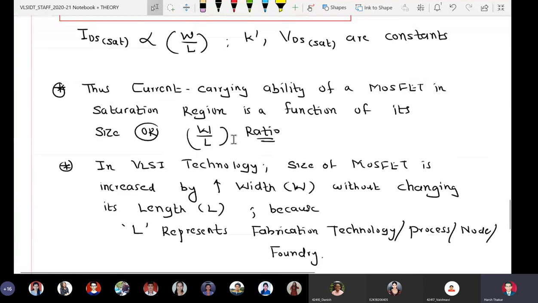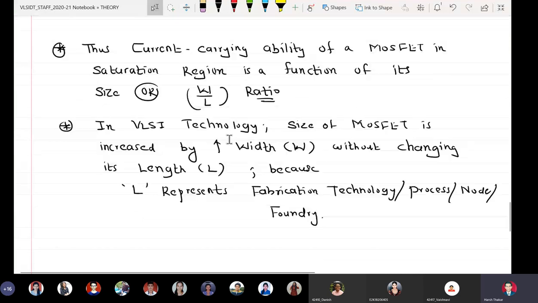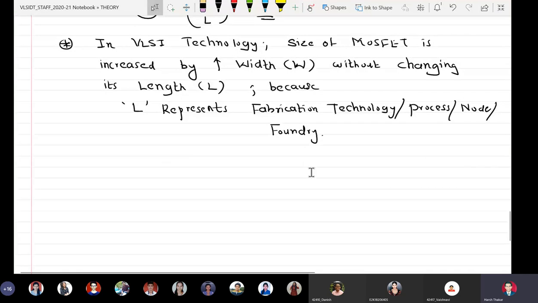Yes, so in VLSI technology the size of MOSFET is increased by increasing width without changing its length, because L represents the fabrication technology or process or node or foundry, and hence must remain constant.